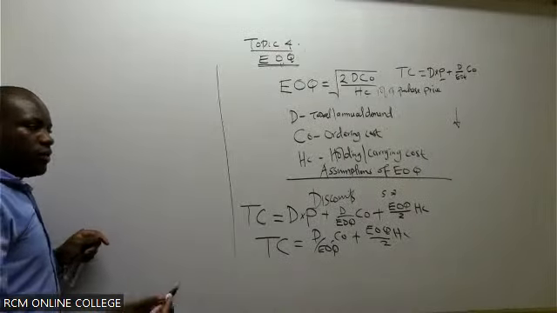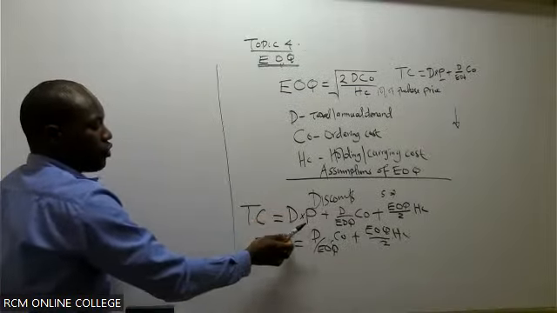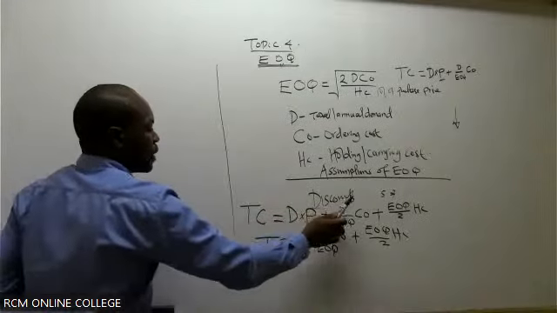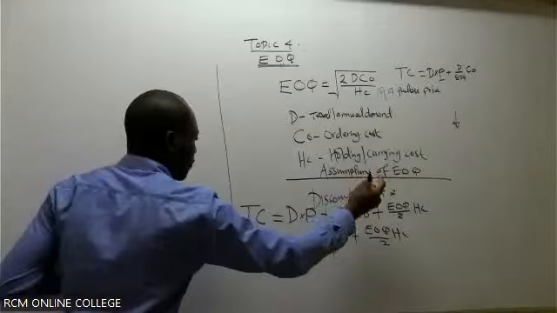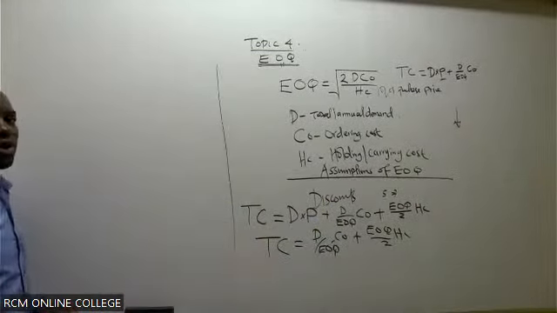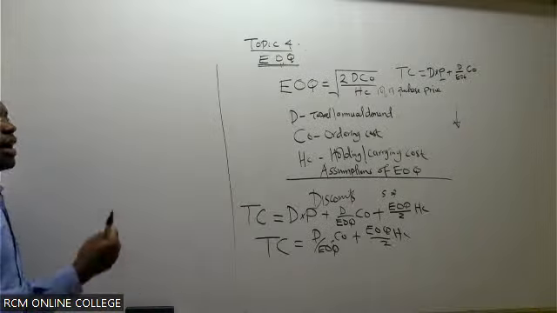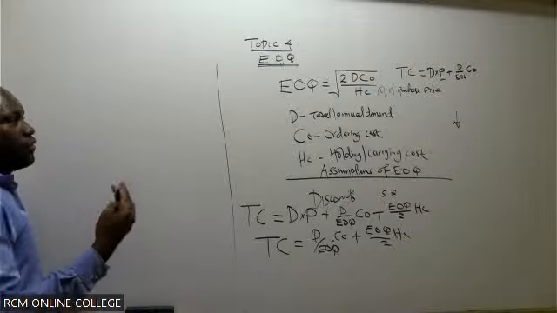In some cases you find they know this one here is constant, and therefore your total cost will not be affected by this, but will be affected by total ordering cost and total holding cost. So that is what we need to understand as we get to look at an illustration for this